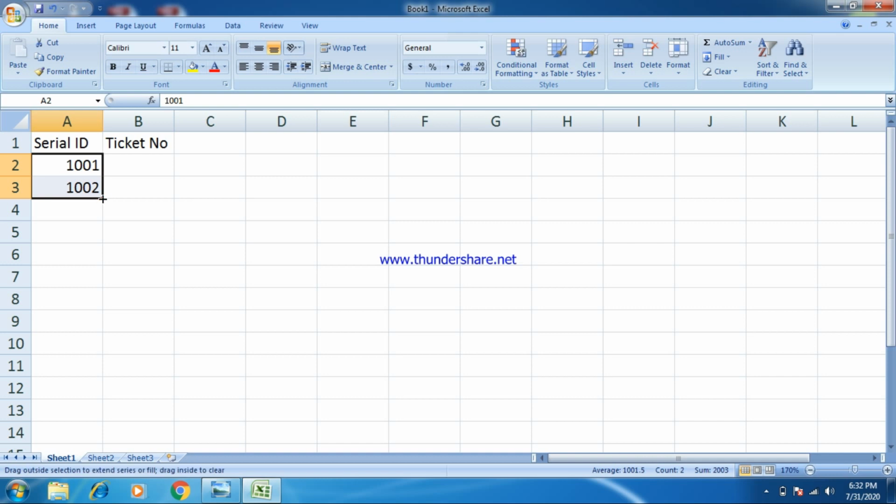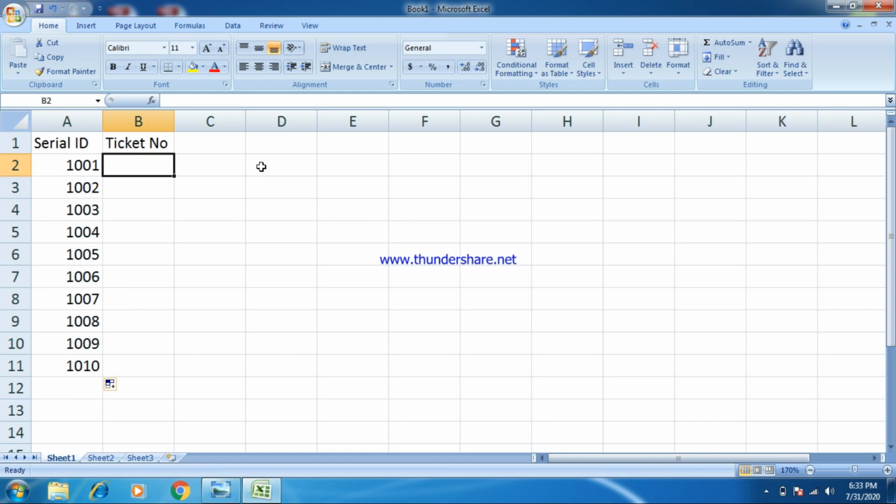Here you just click on it and scroll it down so that it automatically creates a sequence up till 1010. For ticket number we use random 4-digit numbers like 1245,